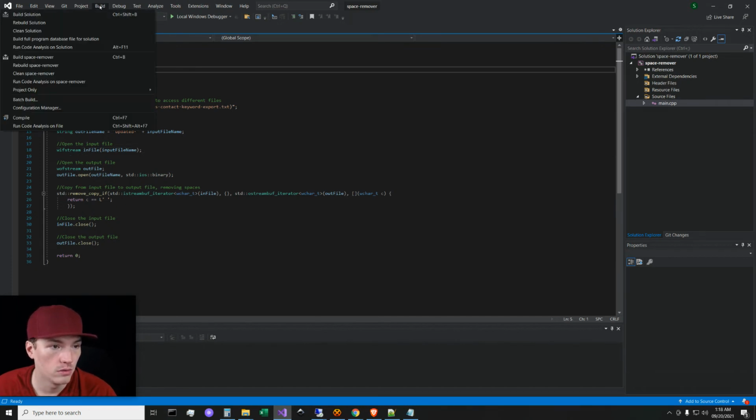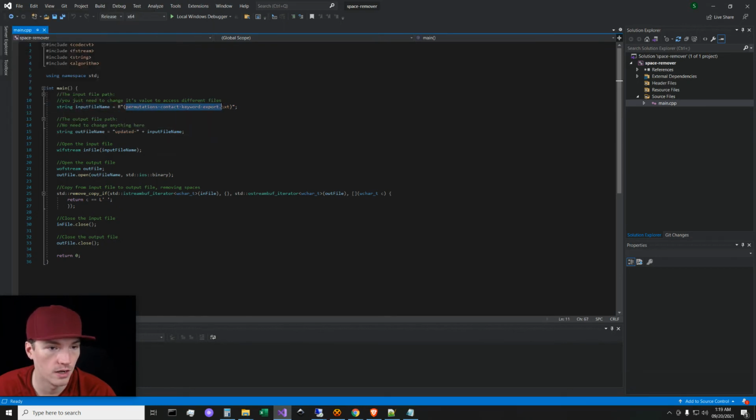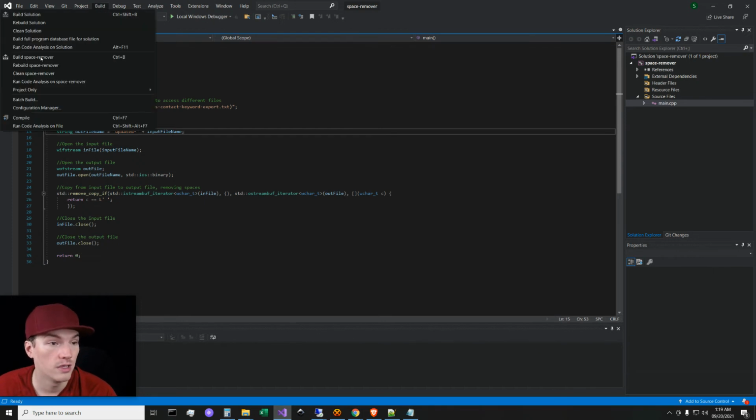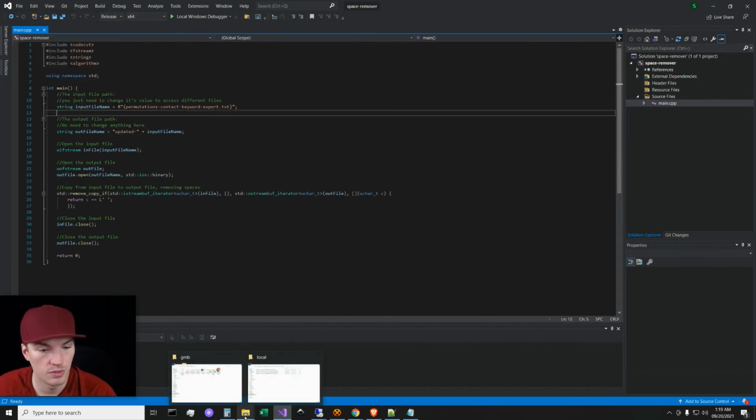And then you go to build, and you go to build space remover. And if you need to make changes, you can go rebuild space remover. Like if you want to change the name of the file, it's right here. If you want to change the name of the updated version of the file, it's right here. If you need to make other code changes, then obviously you probably know what to do. But that's really it. Once it builds, it just puts out this simple